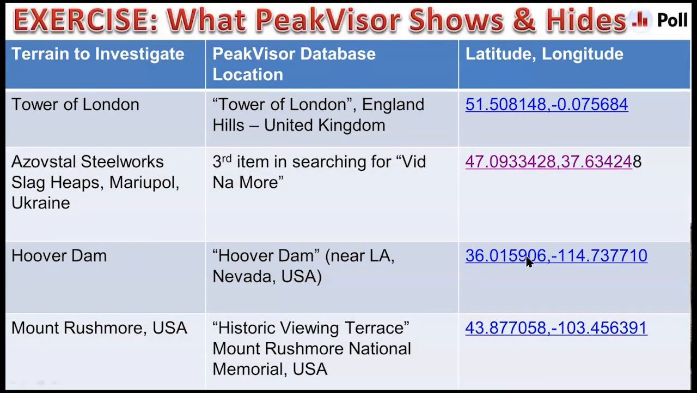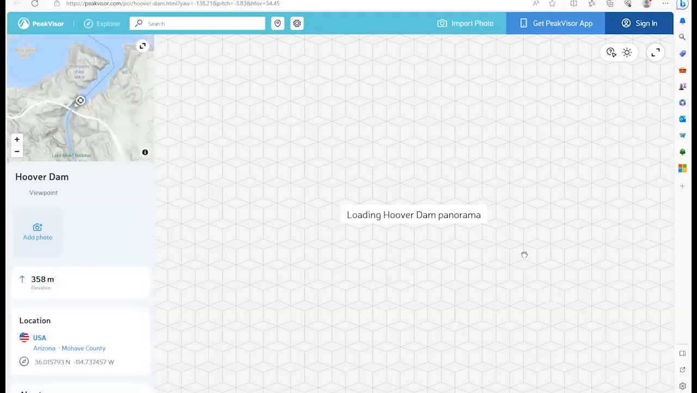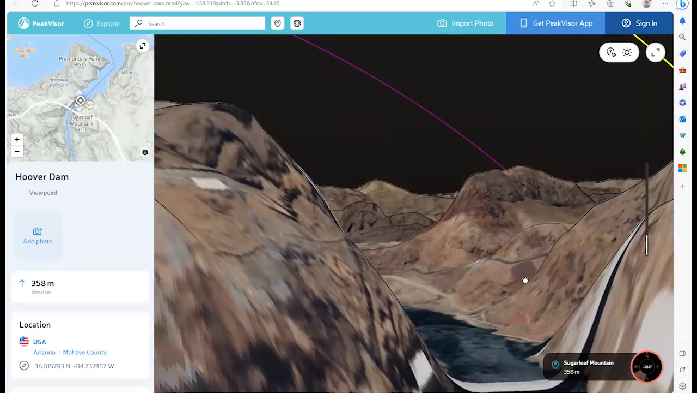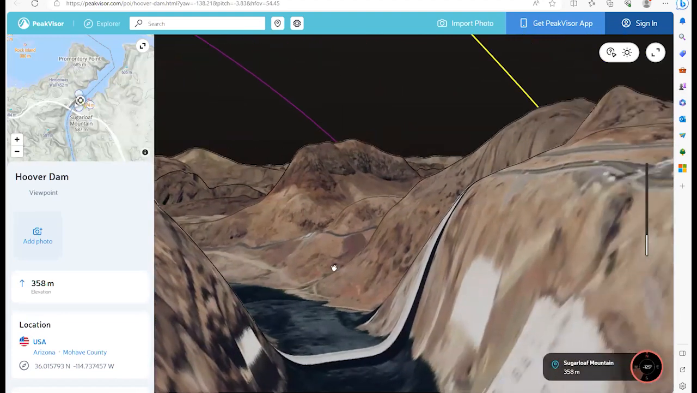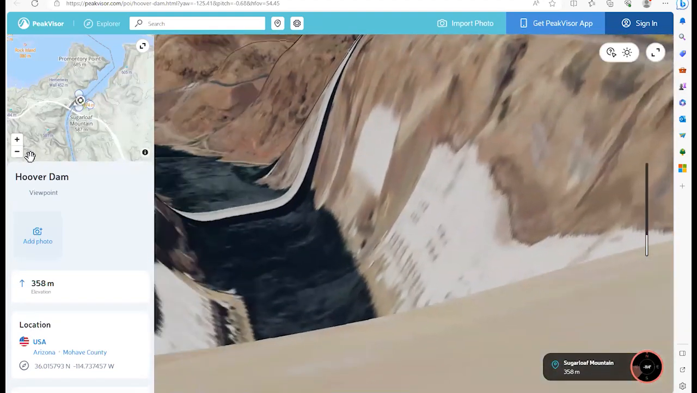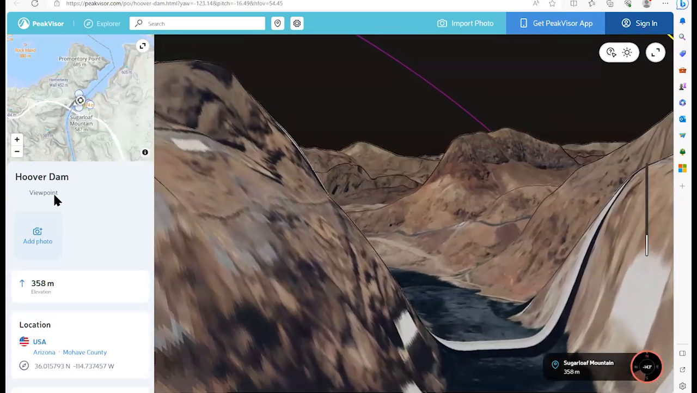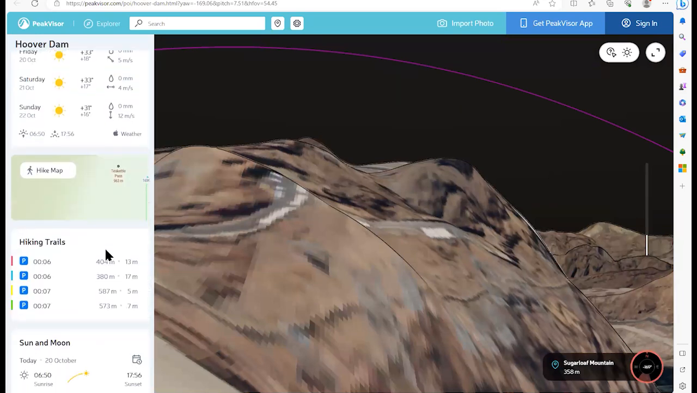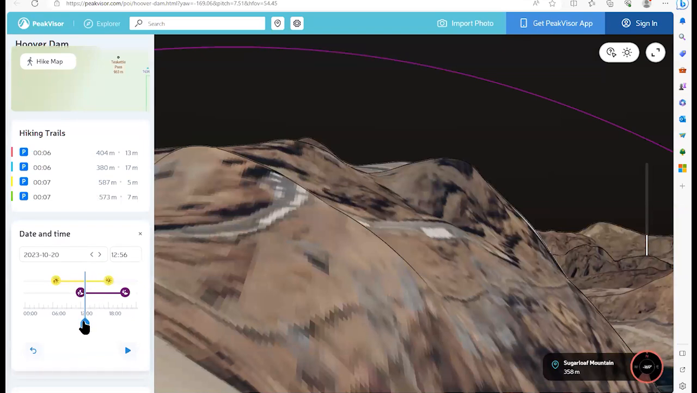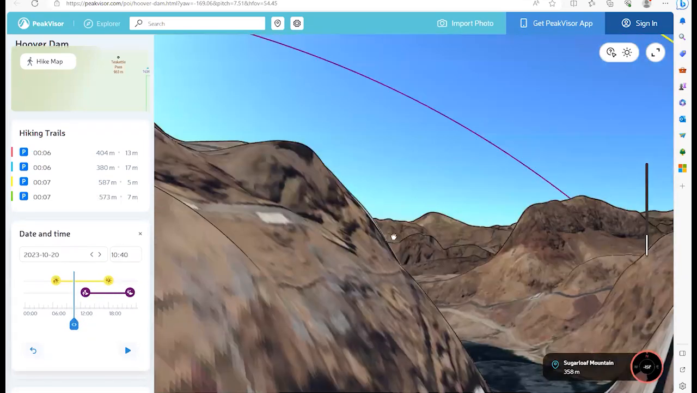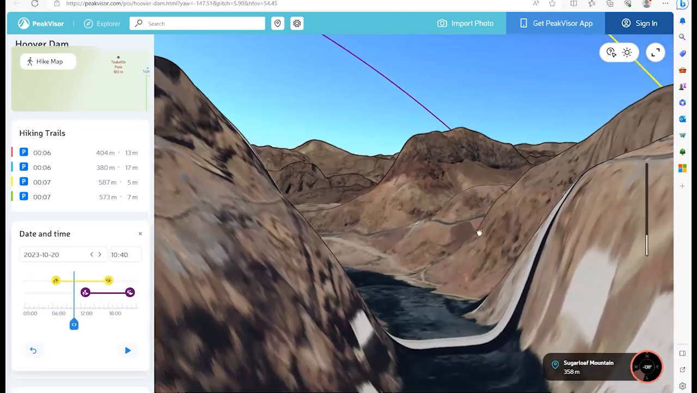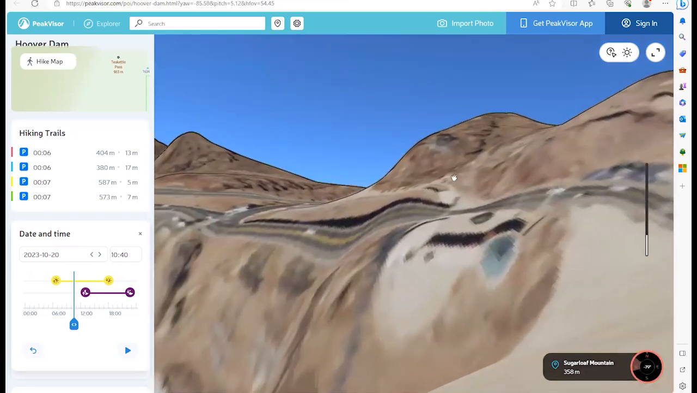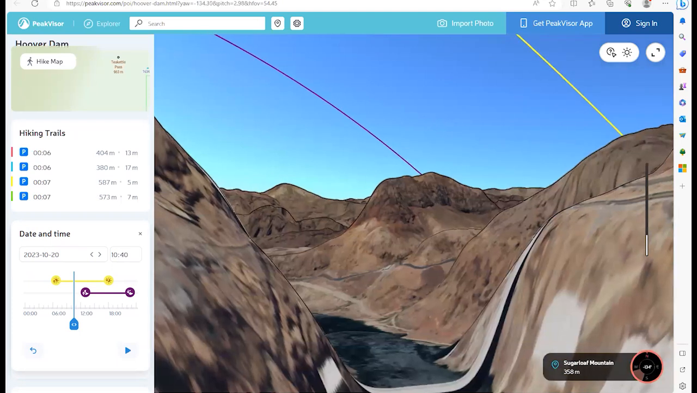The Hoover Dam, I think, is actually remarkably similar. I was surprised how well PeakVisor did the Hoover Dam. Quite some features. If you're wondering why it's dark, we can change the time and we can therefore actually switch the lights on, so to speak. So I think the Hoover Dam was quite close. If you're wanting to look at exact locations and distances, then I think that's quite a feasible use of PeakVisor